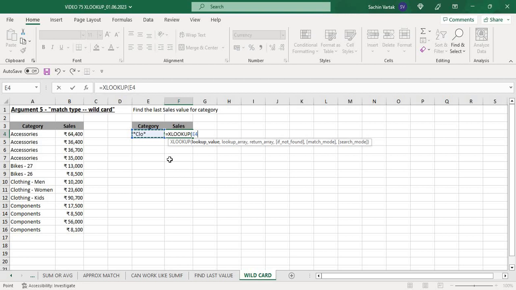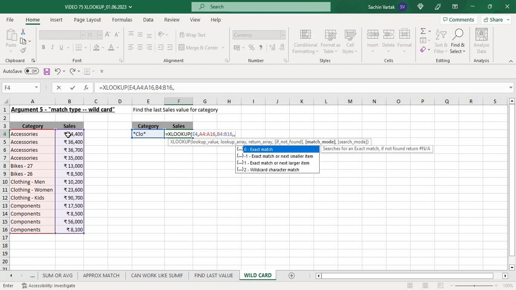So lookup value is given, comma, lookup array is this, comma, my return array is this, comma, if not found, I don't want anything. Then match mode. Now in match mode I will use wildcard character match, so it is 2,